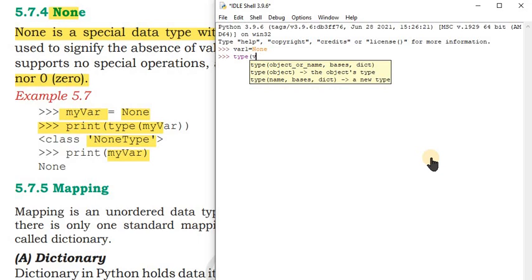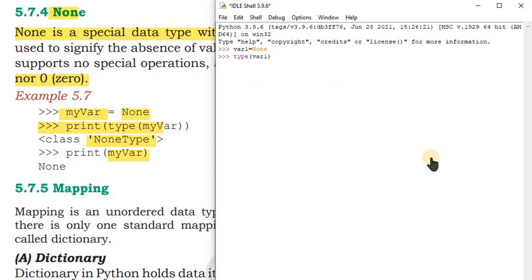Our variable is var1. Then press the enter key. It is displaying class NoneType. Then you can print the value of var1.